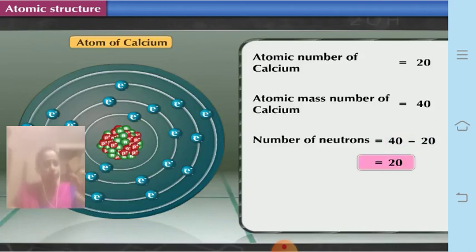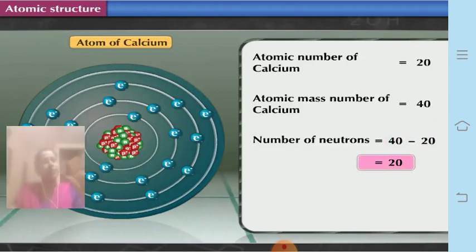The mass of the proton is 1 unit, that is equal to around 1.66 into 10 raised to minus 27 kilograms, and that of the neutron is also the same, that is 1 unified mass or 1 Dalton. The neutron does not carry any charge, and therefore it is also called a neutral one. The neutrons are also present inside the nucleus, and the number of neutrons is denoted by the symbol N. The number of protons is denoted by the letter Z. It is also called the atomic number of the element.